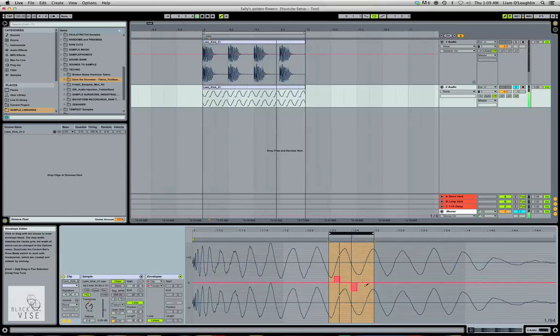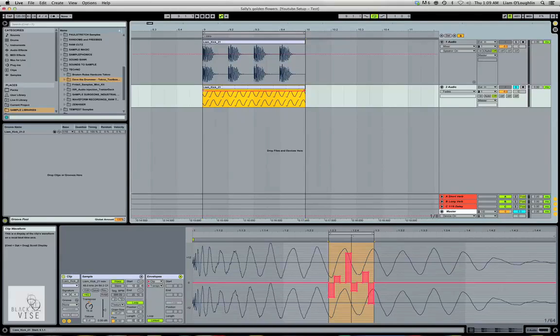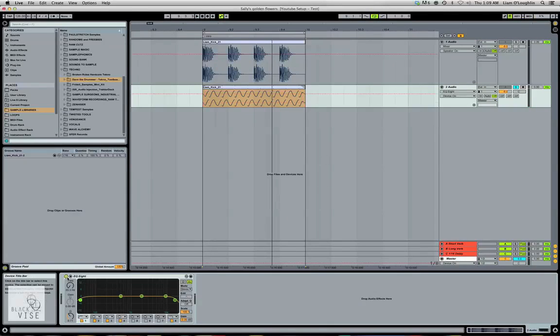So I'm just going to put in some random pitch transposition. In this video I'm not going to describe too much the functions of the individual things I apply. More so, this is just for showing you the workflow. There are tons of tutorials describing really specific things pertaining to warping or the function of a filter or whatever. So anyway, we got that. Kind of cool. Let's just high pass it